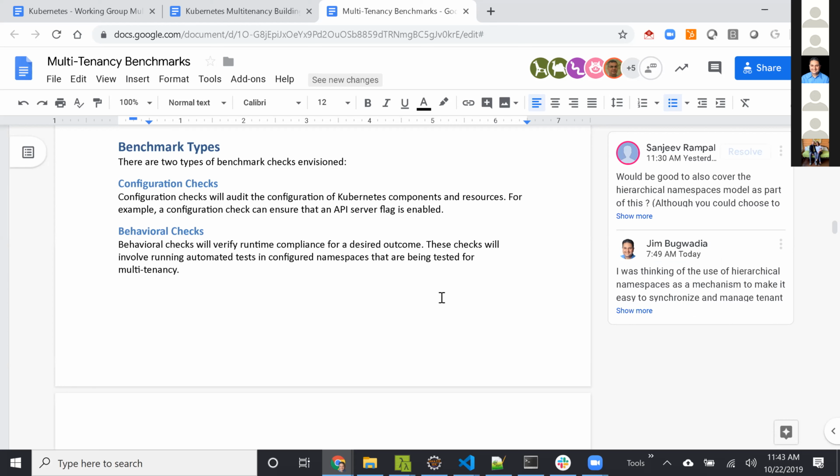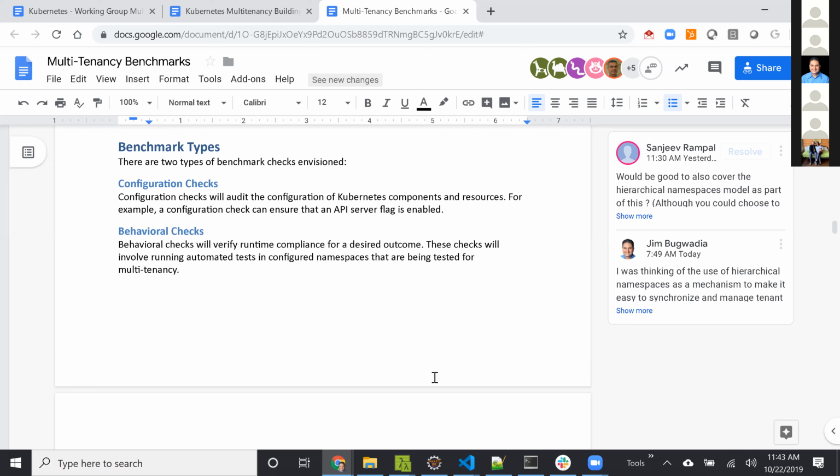So an example of that, let's say, if we agree that there's only one way to limit the amount of memory used within a namespace, and it is through resource quota, in that case, you just have to check that there's a resource quota configured for the namespace for memory, for that quantity, and that would be sufficient. You don't have to create pods consuming memory to verify that at some point they would be rejected, because at this point you are really testing Kubernetes itself. So that would be an example.